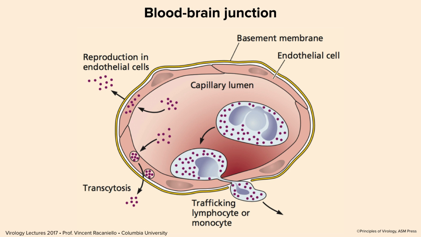Now the junction between a capillary and the brain is called the blood-brain junction. You may hear it called the blood-brain barrier. Okay, it is a barrier of sorts because you don't want anything getting into the brain, in particular viruses and bacteria. But it's very well designed to prevent things from getting in, but viruses do get into it. And these are some of the ways that viruses can get through. Again, we have very tightly junctioned endothelial cells and a basement membrane.